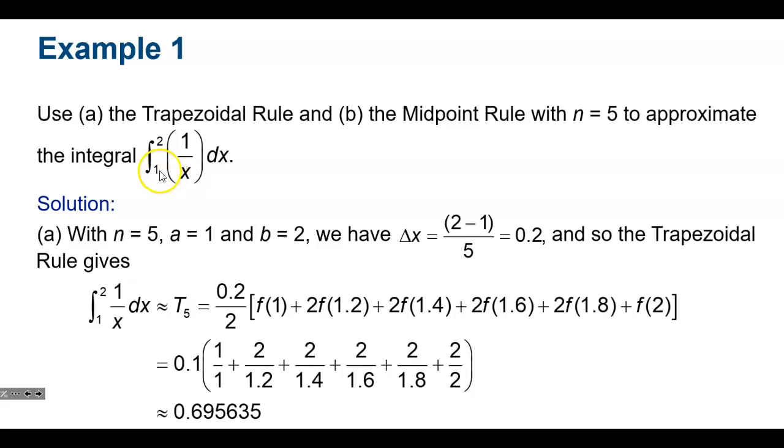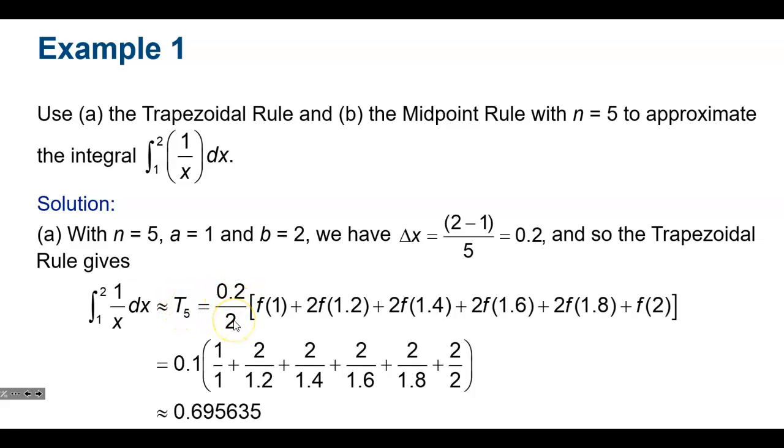We know that a is equal to 1, which is the lower limit. We know that b is equal to 2, which is the upper limit. And then we have the displacement, which is equal to 2 minus 1 divided by 5, which gives us 0.2. And so the trapezoidal rule gives us the following: the integral from 1 to 2 of 1 over x dx is approximately